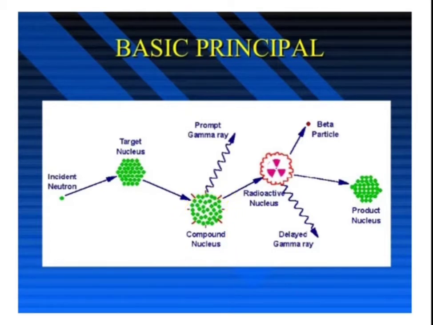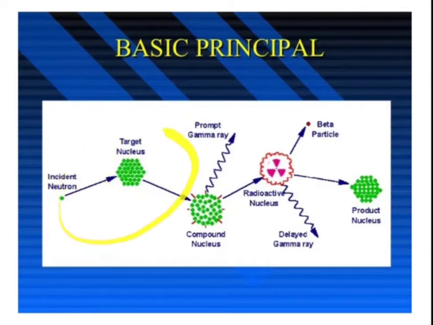Means what? The target nuclei captures the incident neutron, and there is a formation of a compound nuclei, and the radiations will be emitted as we have told, the N gamma reaction. So N will be absorbed and gamma will be emitted. Or the neutron is a projectile and the gamma is an ejectile. We have bombarded this neutron as a projectile on the target material.